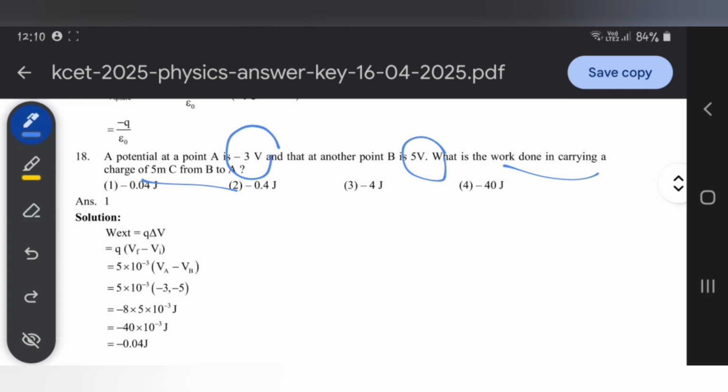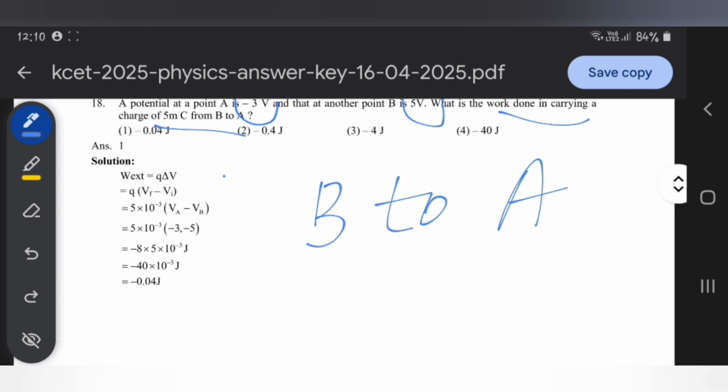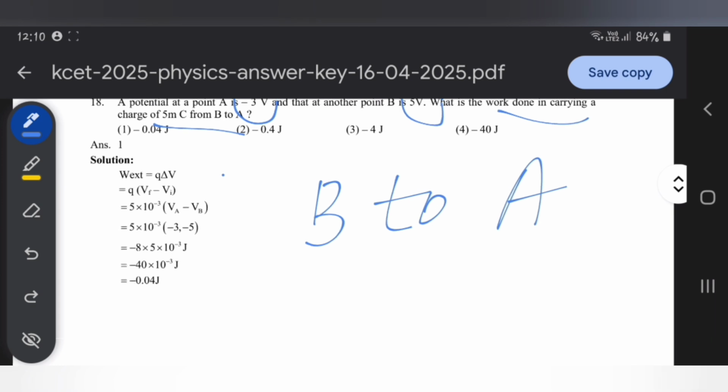So final is what? Final is taken from the potential at point A is so, and the potential at B is so. Now it is taken from B to A, correct? B to A in the sense, what do you have here? Now if I said B to A, so this is final, this is initial, correct? So final minus initial is delta. Delta is nothing but final minus initial, right? That is what you have.